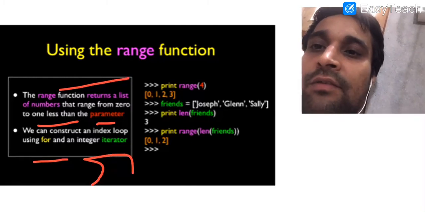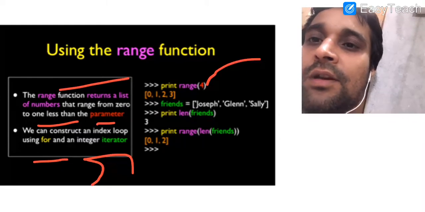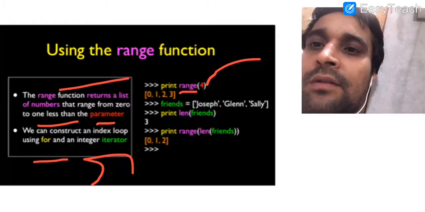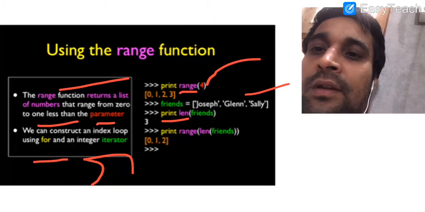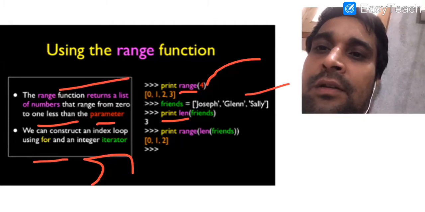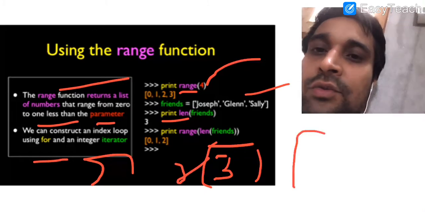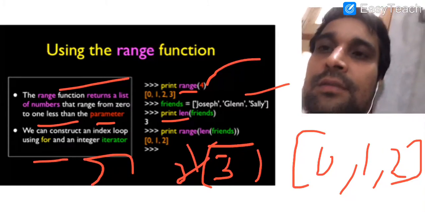In our example you can see we have written print(range(4)). It will return a list with elements 0 to 4 minus 1, that is 3. Thereafter in our next example we have created our same list with the name friends. It has 3 elements. When we print the length of friends, it will print 3 on the screen. In our next statement we have written print(range(len(friends))). The length of friends returns 3, and when we use the range function on 3, it returns a list with elements 0, 1 and 2, and the same is the result we are getting on the screen.